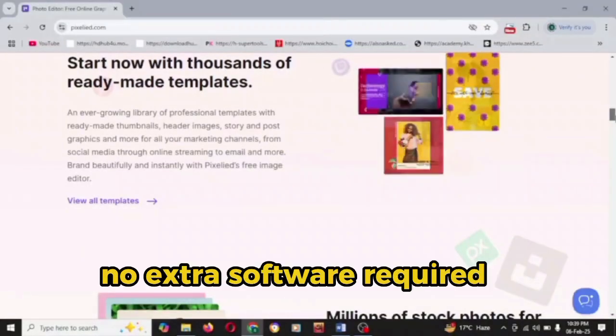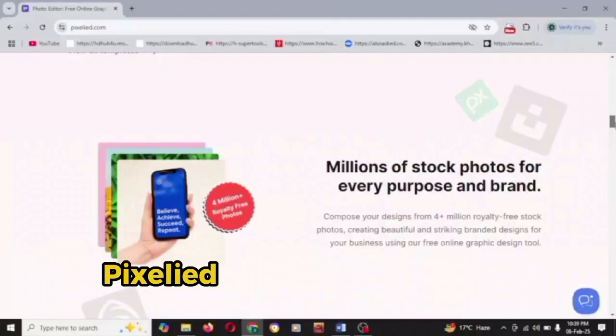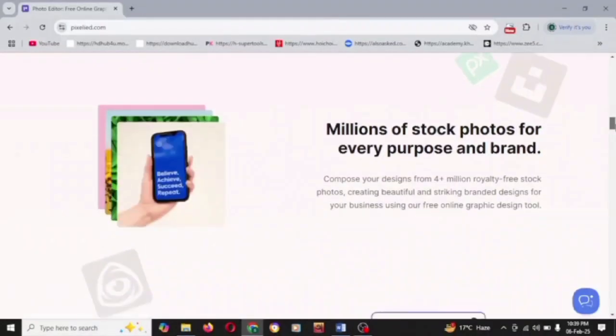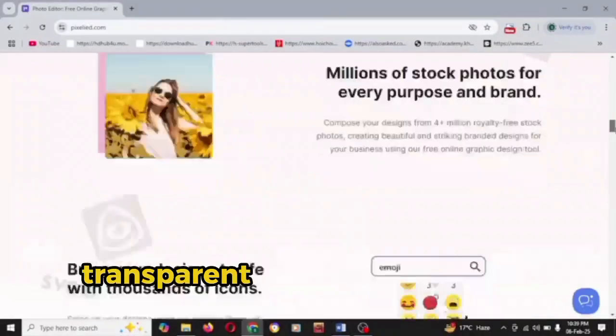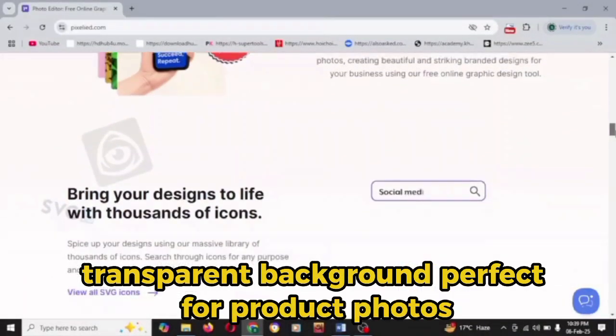No extra software required. To remove a background, Pixelied makes it instant and effortless. Upload your image, click Remove Background, and within seconds you get a clean, transparent background, perfect for product photos, social